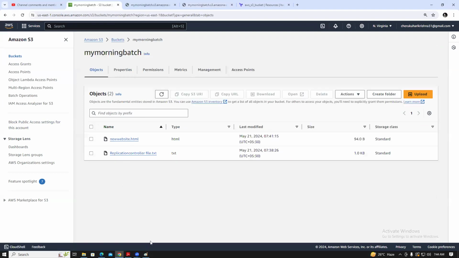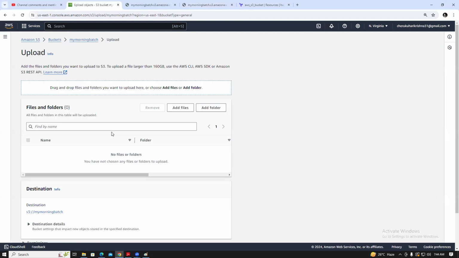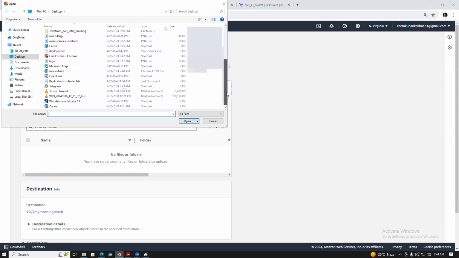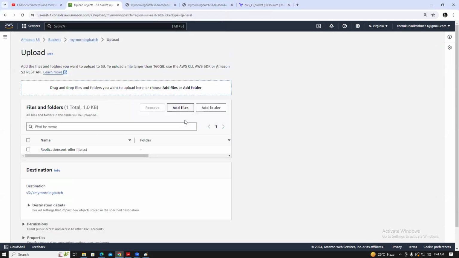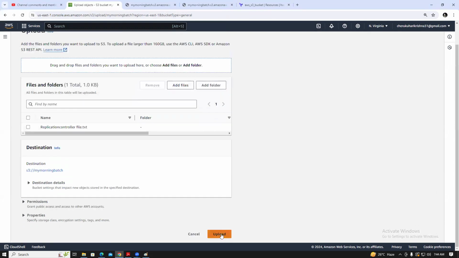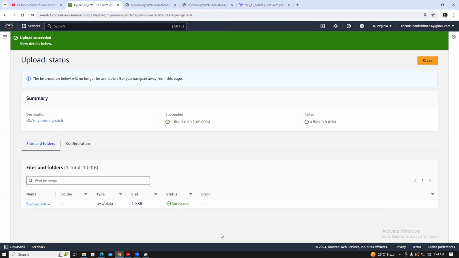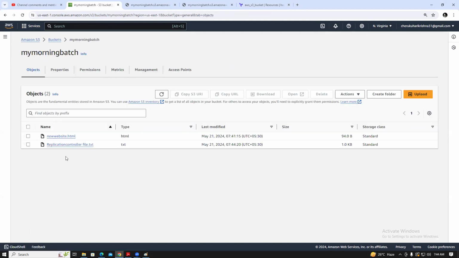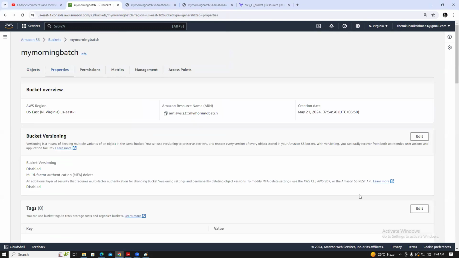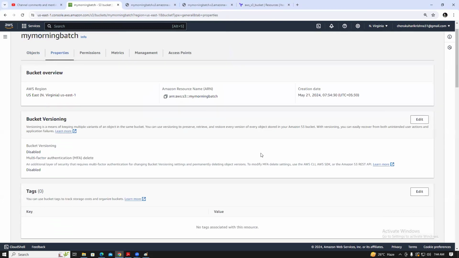In my morning batch bucket, I'm trying to upload my website again, add a file, replication.file. Uploaded successfully. My morning batch, yeah, you see. So it will not upload the new file. So when I open the properties and